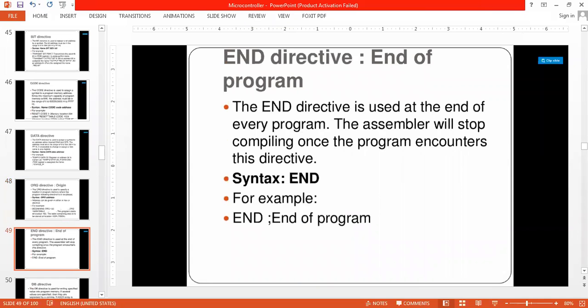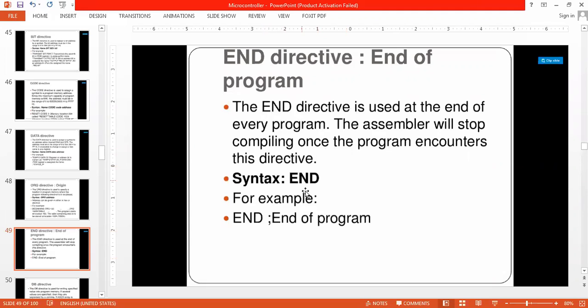Then the end directive. This is going to end the program. In every program, I have to write this end directive at the end, after the last instruction, so that whenever the assembler finds the end directive, it will not process any instruction after it.